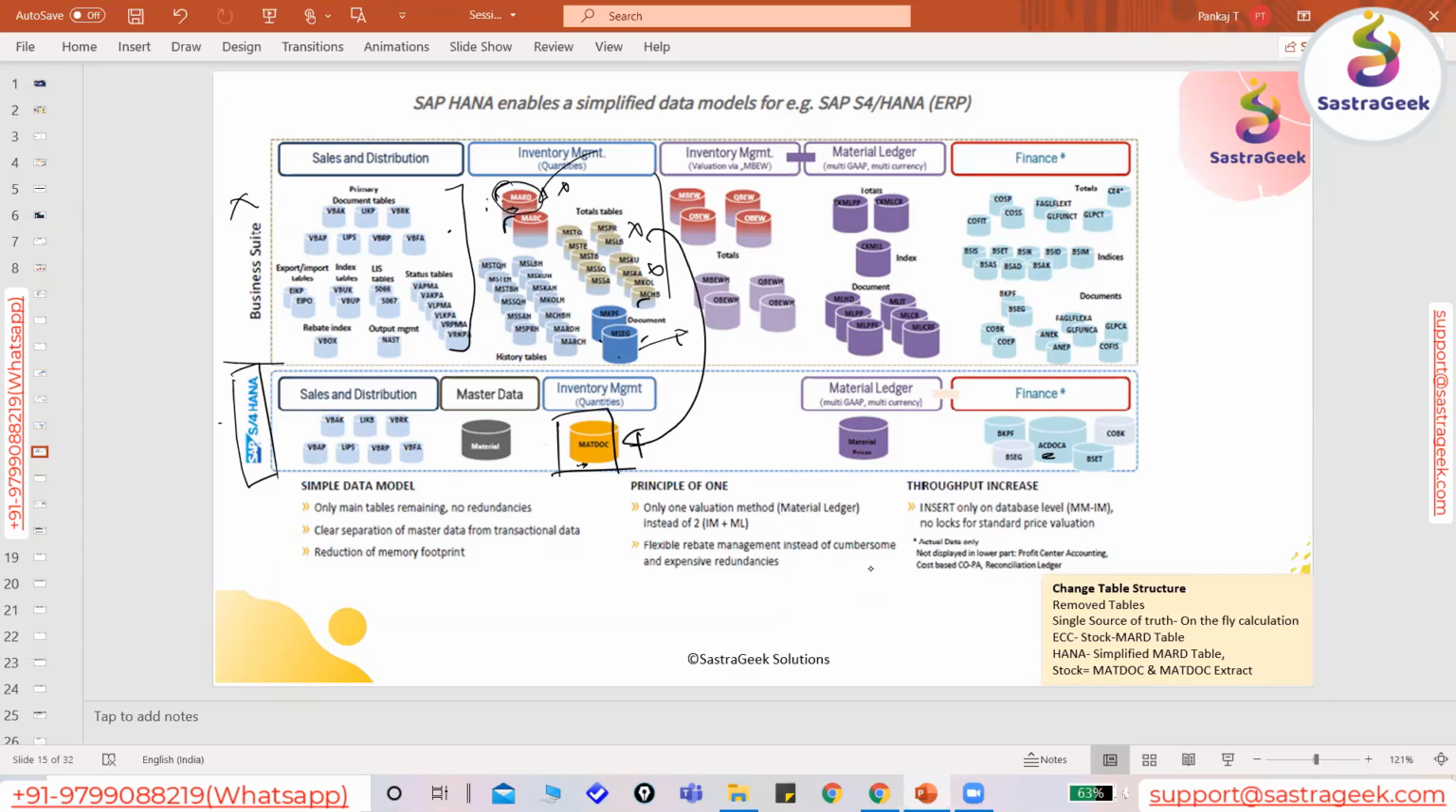Okay, so whenever I go and do SE16N and the MARD table, and we execute, I'll go into the system and try to show you. The data will show there, but data is not actually available in the table. Data is only available here. And on top of that, SAP has created a CDS view. So whenever we are querying this MARD table, the respective CDS view gets activated, and data will get fetched from the MATDOC table,